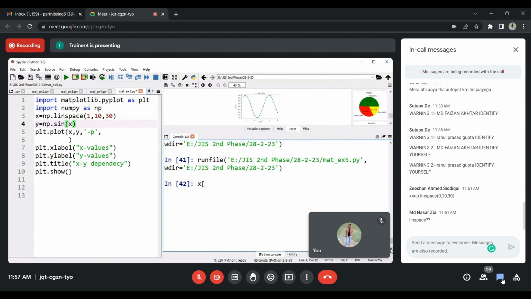Maybe X equals, say X equals 1 or 2, say there are two values. If you need the sine value for each element available in the X list, how to do that? Let's see what I write. If I write sine of X